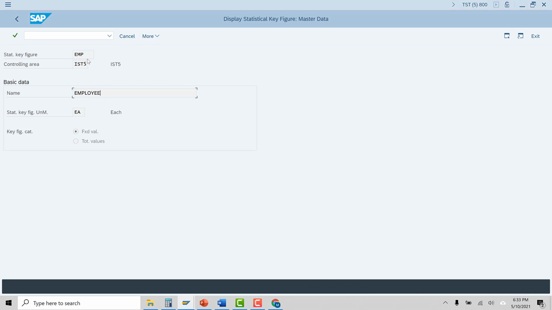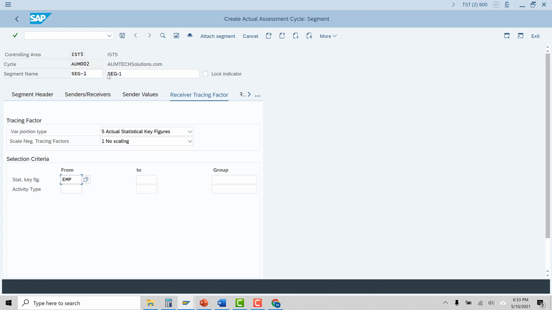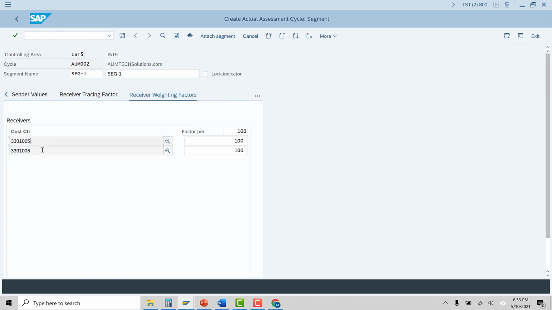Yes, the employee statistical figure has been created. So while creating the assessment cycle, I'm going to use the statistical figure EMP. So this is the receiving tracing factor, and then the weight. We have these two cost centers, and we can give them the weight 100% each. Yep, that should be okay.